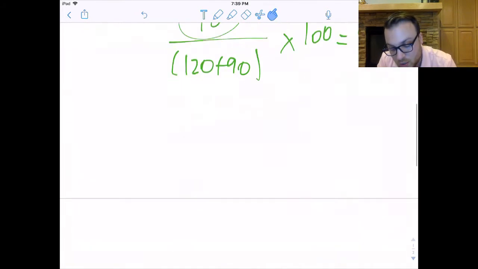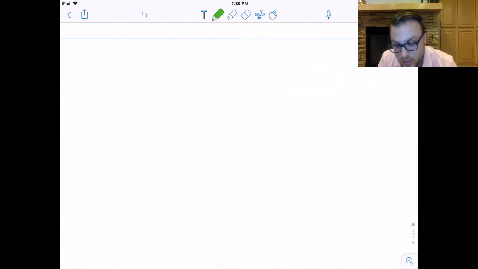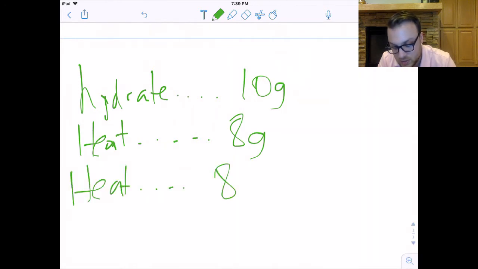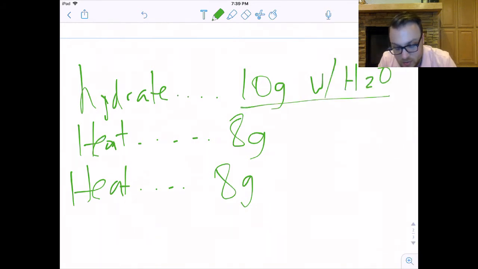They could also do a before and after scenario. So a hydrated compound weighs 10 grams. After you heat it, it weighs 8 grams. After you heat it again, just to confirm your results, it still weighs 8 grams. So if you are hydrated, that means with water, you weigh 10 grams. After you've heated it, we call this the anhydrous portion